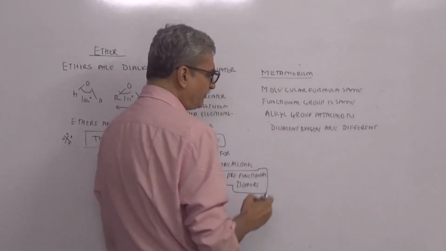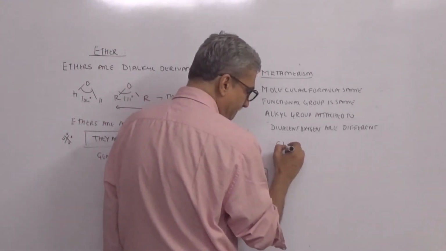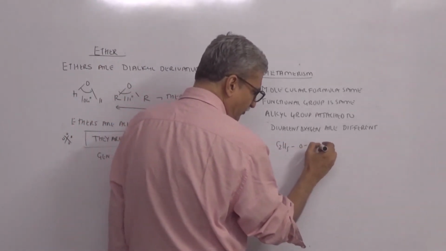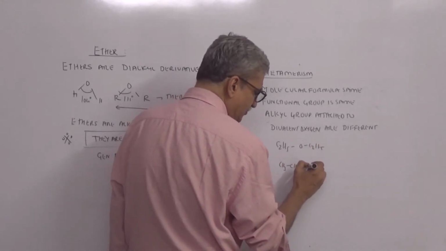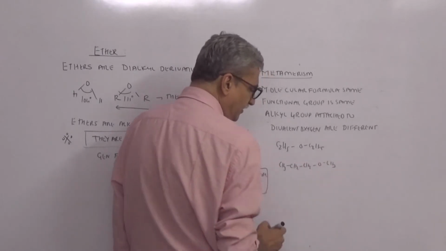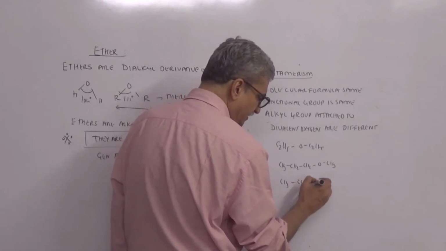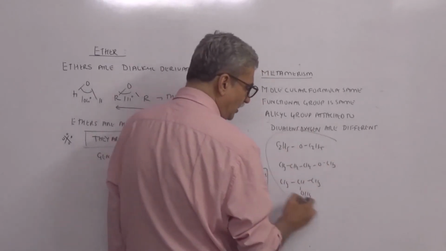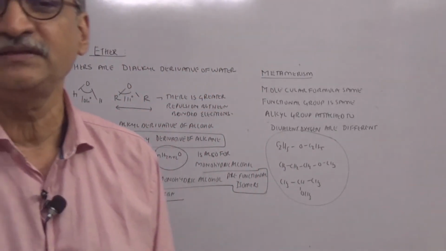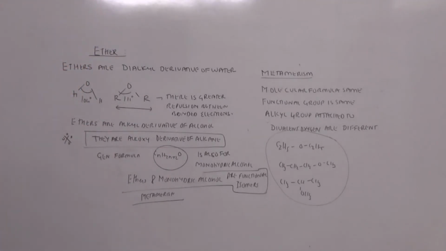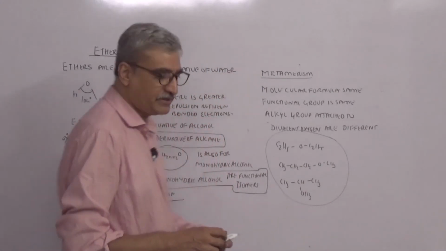So what would be an example of metamer? Diethyl ether, C2H5OC2H5, CH3CH2CH2OCH3, 1-methoxypropane, and CH3OCH(CH3)2, 2-methoxypropane. So all of them have the same molecular formula, same functional group, that is divalent oxygen attached to alkyl group, but the only thing is the alkyl groups attached are different. So this is metamerism. Okay.